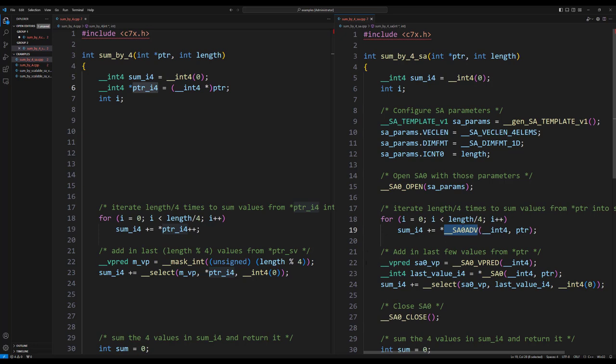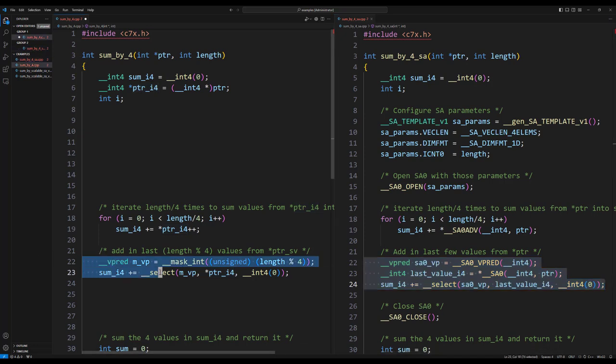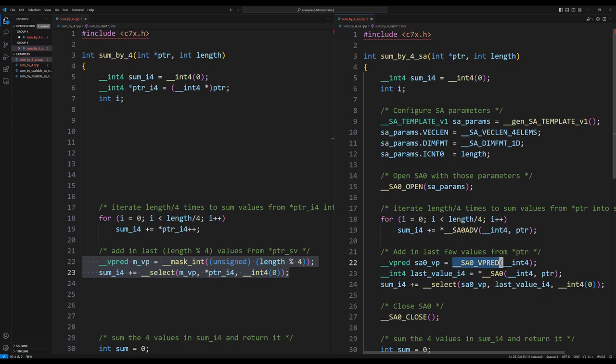Now we can talk about the code on line 22 through 24. It is doing the same task as you see on the left, lines 22 through 23, but we do it the SA way. The SA, in addition to computing offsets, it can also compute predicates for you. You can ask for what is the predicate given the current offset scaled by this type, int4 here.